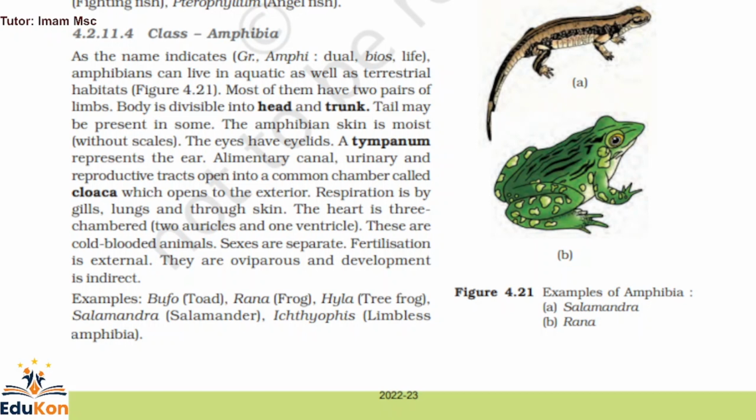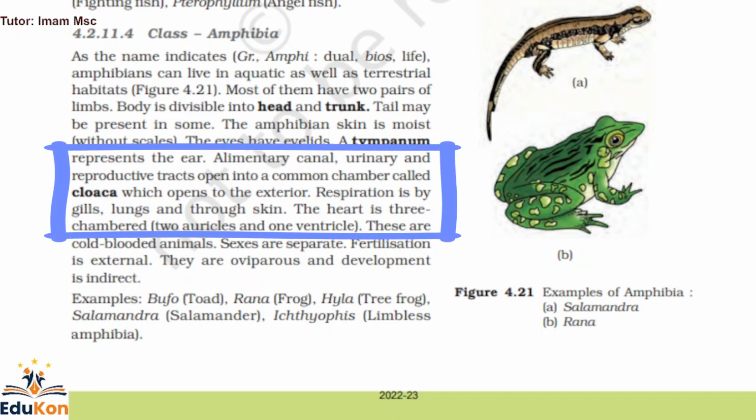Their heart is three-chambered, that is two auricles and one ventricle. These are cold-blooded animals, like the fish, which are also cold-blooded animals because they cannot maintain their temperatures. Sexes are separate, fertilization is external, and they are oviparous. The development is indirect. So from this section we can extract more than 20 to 30 questions